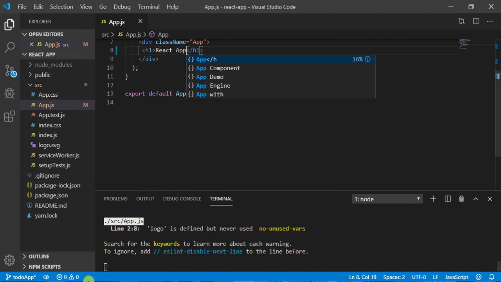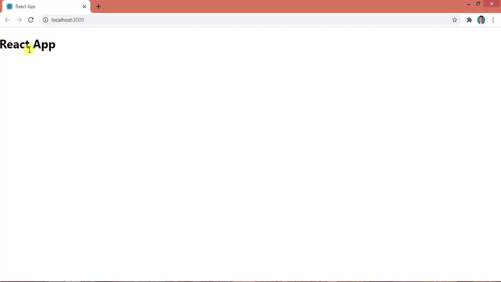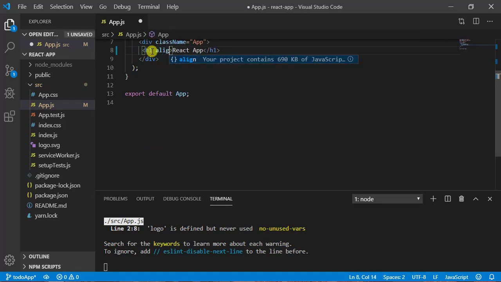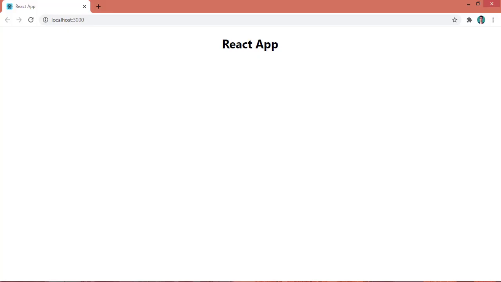You can see I have this heading right now. Now let's align it to the center, so I write align equal to center. Now save it and have a look.